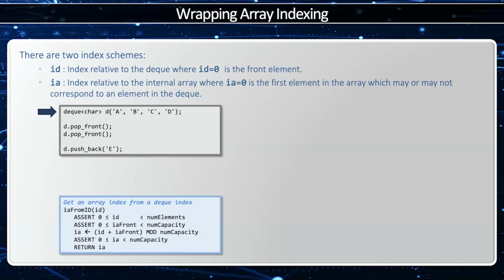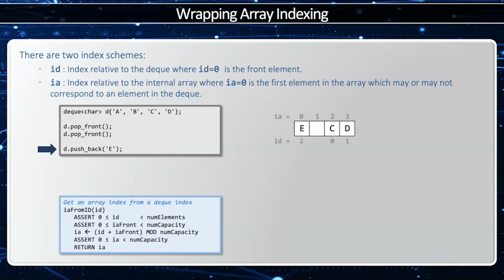To see how this works, we'll start with a Deque that has 4 elements. Now, since these 4 elements are added in order, the index of an array and index of a Deque are aligned. Now, if I pop front, then the index of the Deque is going to start at array index 2. When I push back, now the index of the Deque is at slot 2 equals index of array of slot